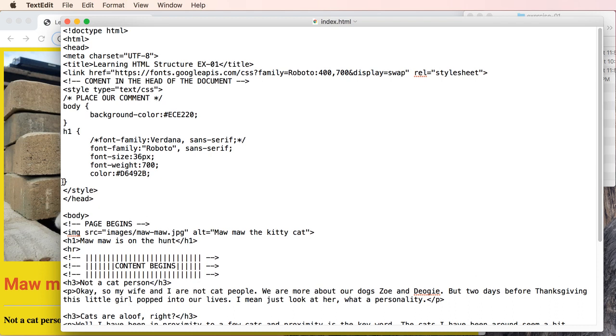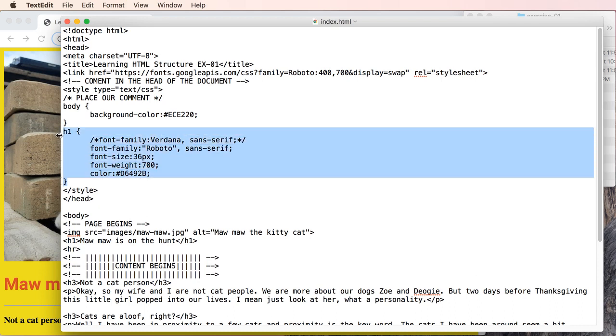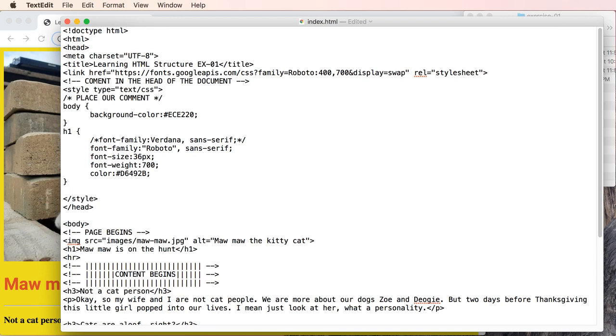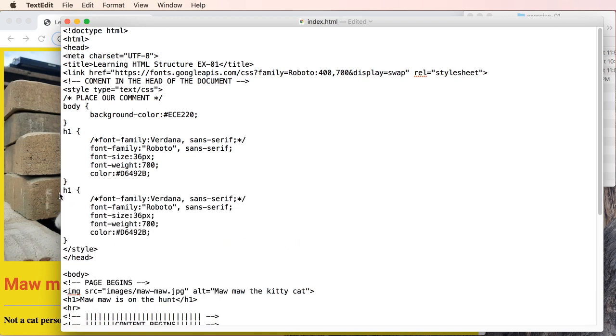And I'm just going to take H1, copy, and then press return and paste. And then we'll change our H1 element to H3. So now H3 is our selector. And I'm going to go ahead and leave